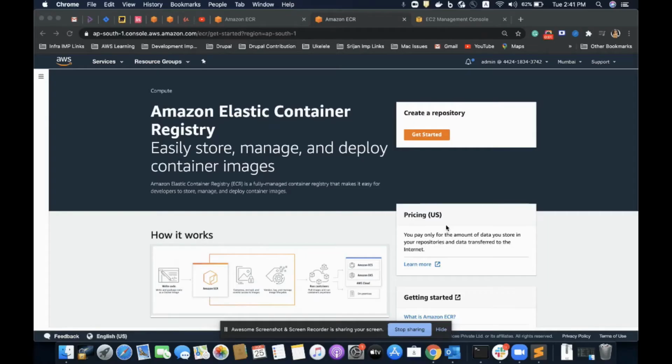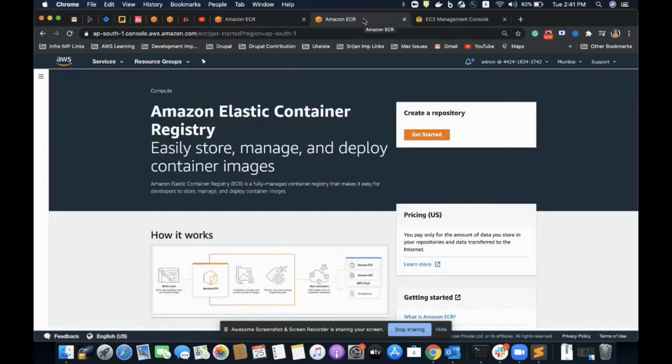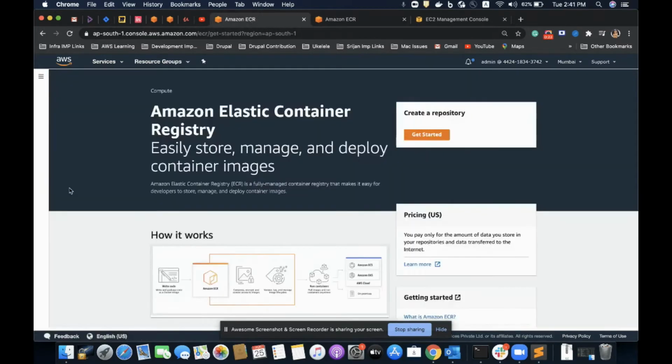Hello everyone. In this video we'll learn how we can host our application on an ECS cluster, what we need, and how we are going to do that with a live demo. We'll start by pushing our Docker-based repository to ECR, which is Amazon Elastic Container Registry.